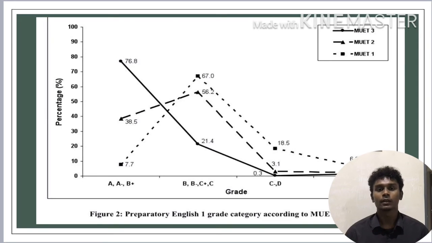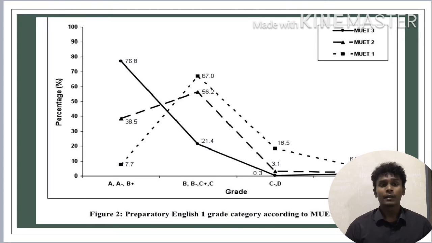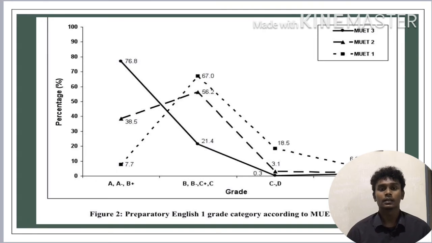Learning English is one of the most fundamental things because English is an international language and it is known throughout the world. But from the graph, you can clearly see that most of the students aim for an average pass when it comes to English exams. So that may be one of the reasons why undergraduates still lack in communicating in English.